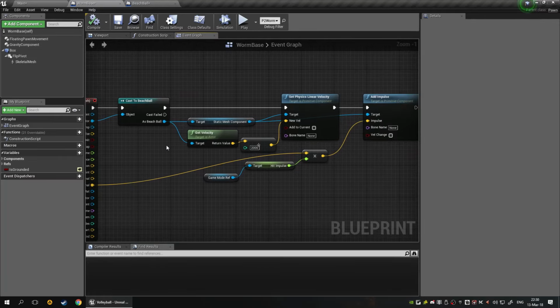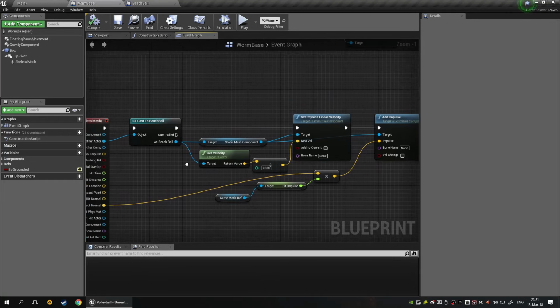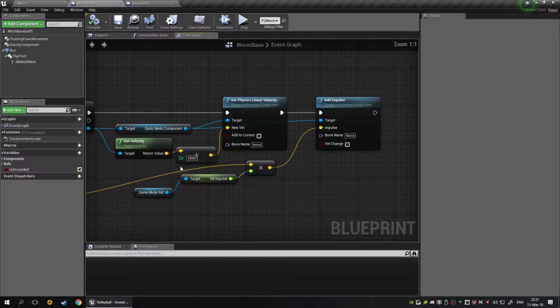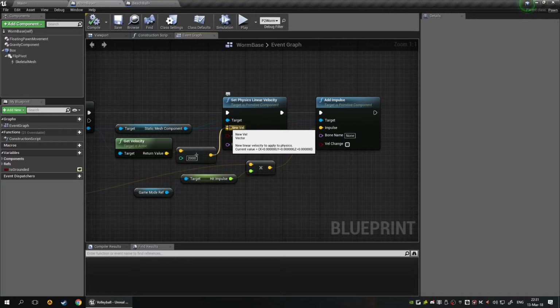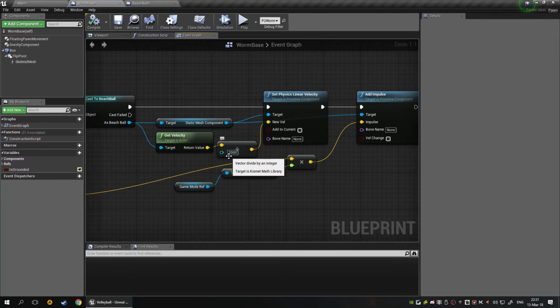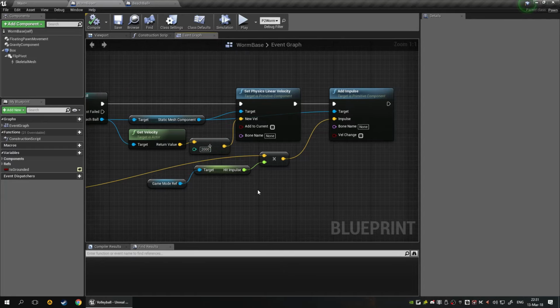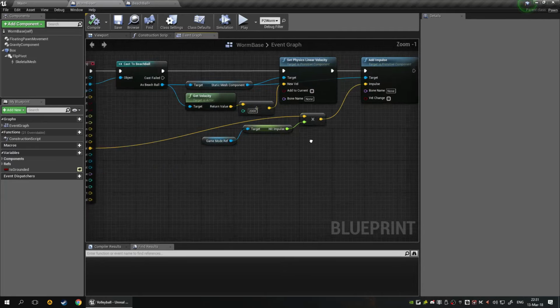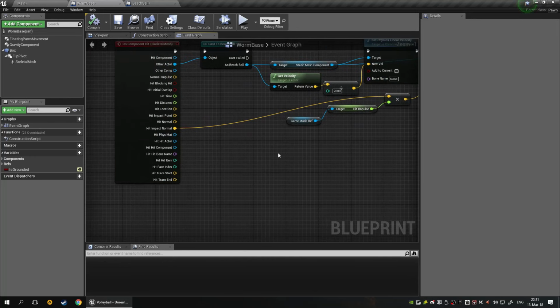And what I do here is basically whenever I hit a ball, I cast it to a ball, get its velocity, set the velocity to something that is very low in order to preserve some semblance of realism when it comes to physics, because of course you need to preserve velocity. There's no such thing as zeroing something out completely. Although probably 20,000 is a little bit overkill, so I may have to play around with this, or maybe even promote this to a variable and just play with that. But I'm setting the velocity to 0, and I'm sending an impulse in the opposite direction of the impact normal,